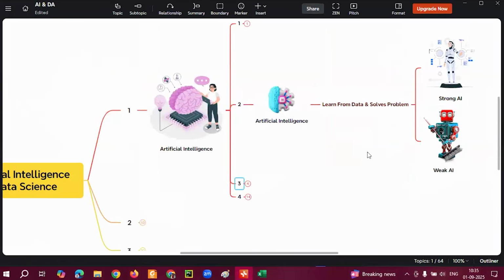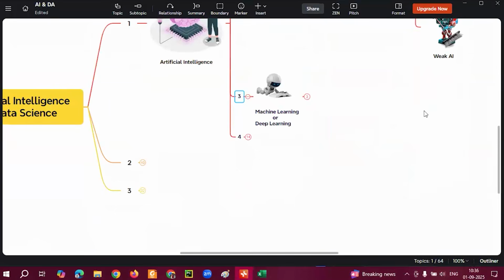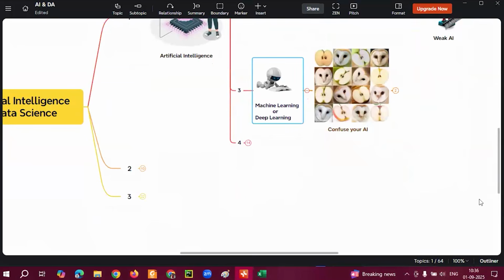Next, let's observe. In order to give the training, we have two concepts available. One is called machine learning and the second one is called deep learning. So either we can go for machine learning or we can go for deep learning. Now, which one do I have to apply, sir? Imagine I gave training to my AI. My robo is ready. Now my robo has to predict, based on the type of training I gave, to identify the birds.